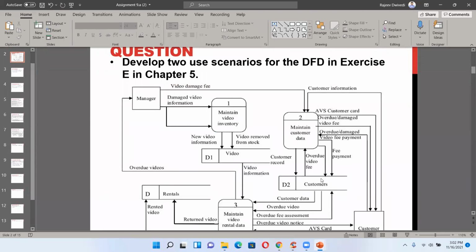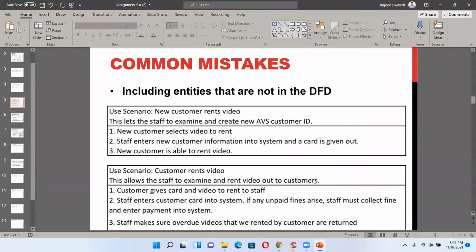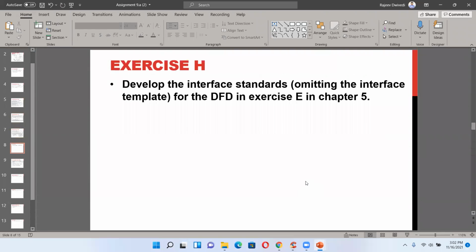So this is E, question G. Develop the interface standard for DFD and access. So we are going to do this for the same question.